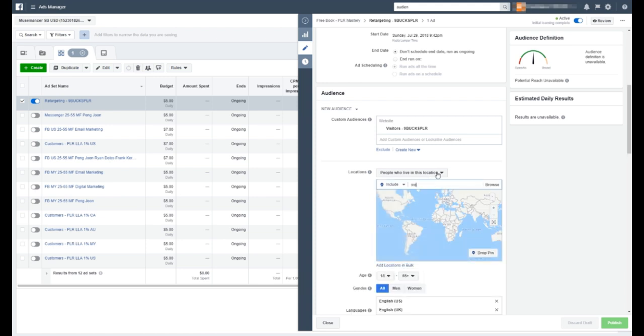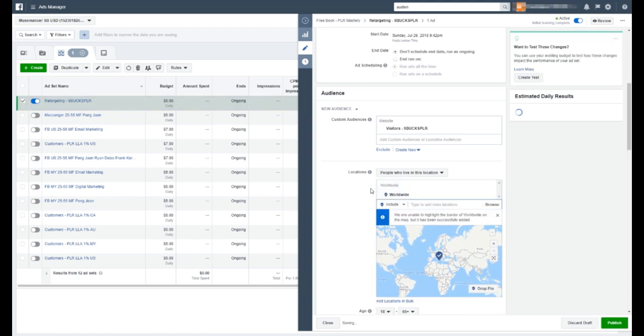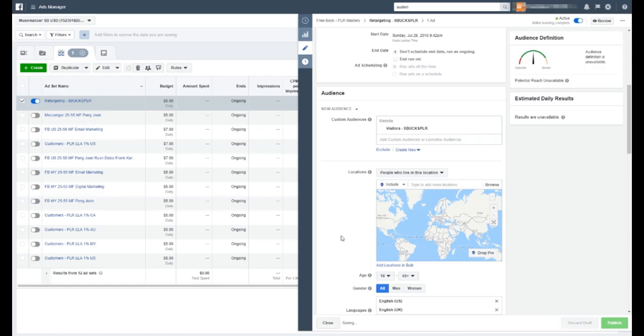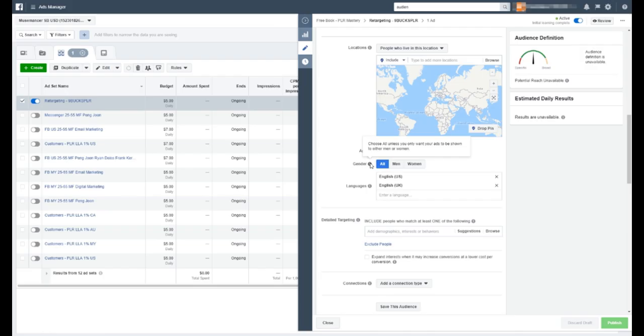Locations, you can leave this blank or you can just put worldwide. That means everyone in the world. This is totally up to you because this offer is universal. I sell to a mass market where anyone in the world can be buying the product, but this is just retargeting. You can either leave this blank or leave it worldwide. Age, the minimum and the maximum, 18 to 65 plus, anybody. Unless you are very specific about who you want to retarget, that's okay, but I generally leave it alone. Gender, all. Languages, preferably just English,